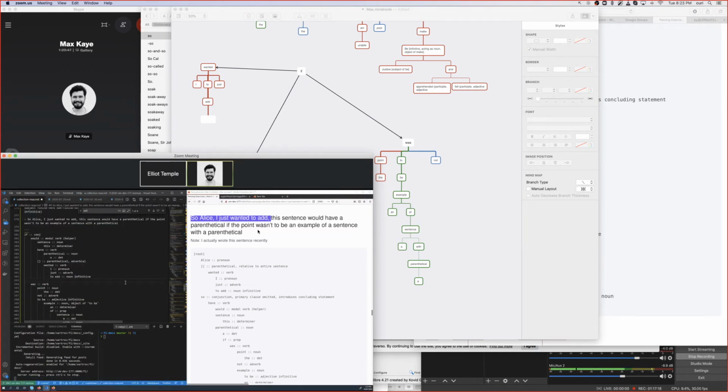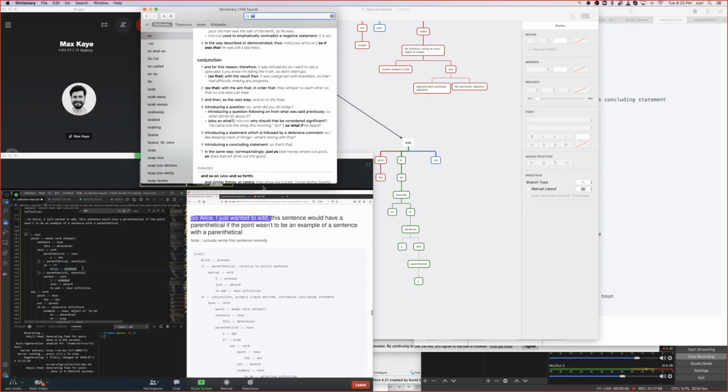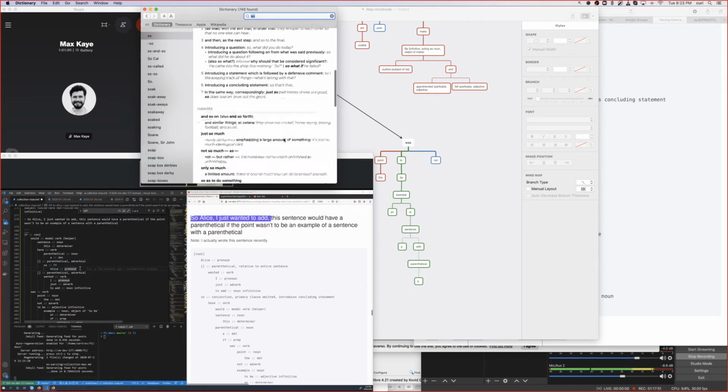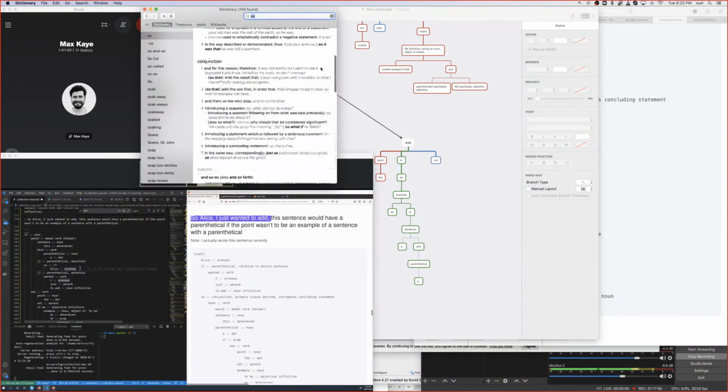All right, in that case, I guess the "so Alice" is adverbial in the same way then. Yeah, I think it's just an introductory statement. I think it might be informal. The dictionary had it for questions, there's a whole bunch of introducing a statement which is followed by a defensive comment, right? This one isn't defensive, but I think it's informal. There are so many versions of that in terms of introducing a concluding statement, introducing a statement that's defensive,